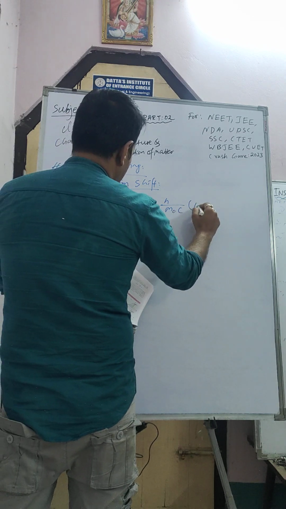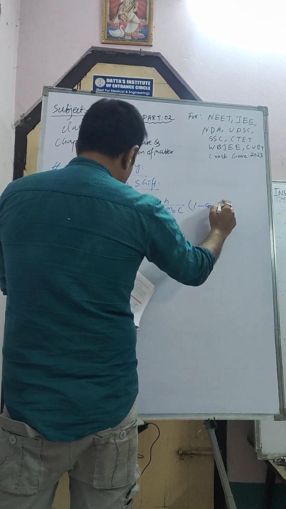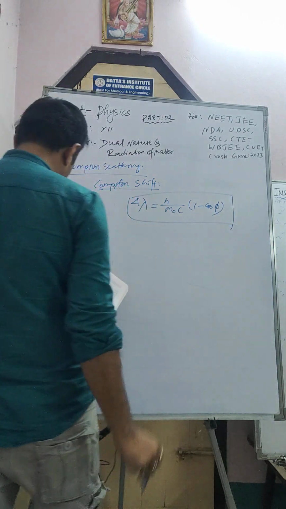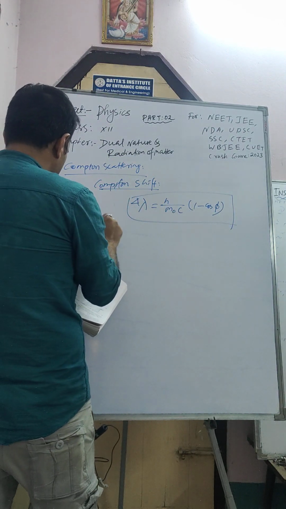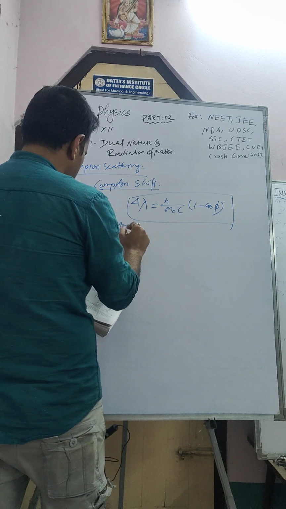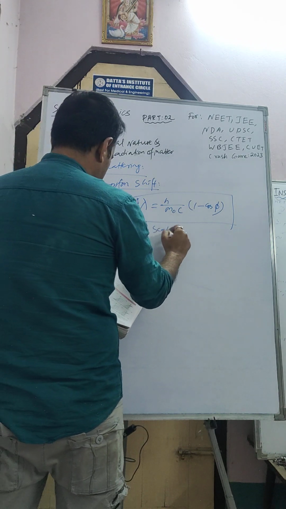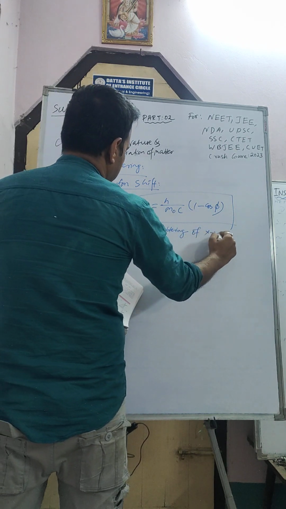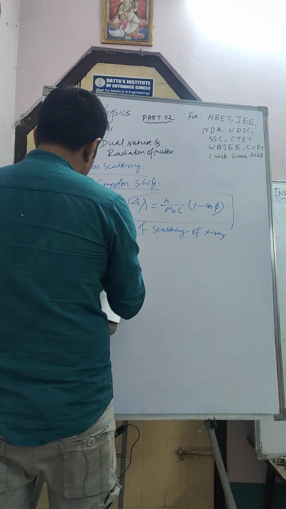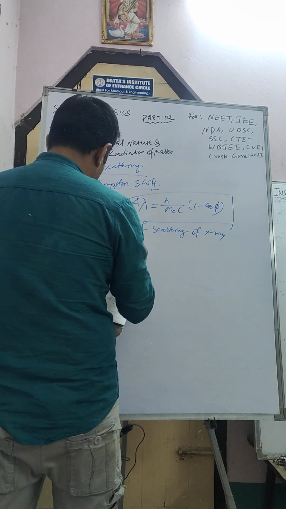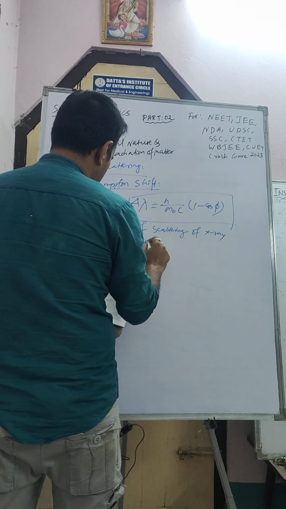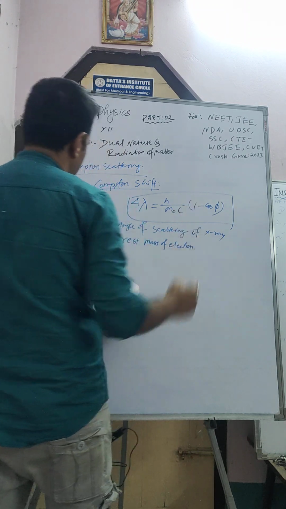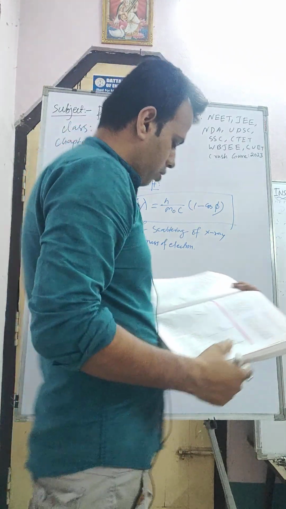c into (1 minus cos phi), where phi is the angle of scattering of the x-ray, and m0 is the rest mass of the electron, and delta lambda is the quantum shift. Okay,